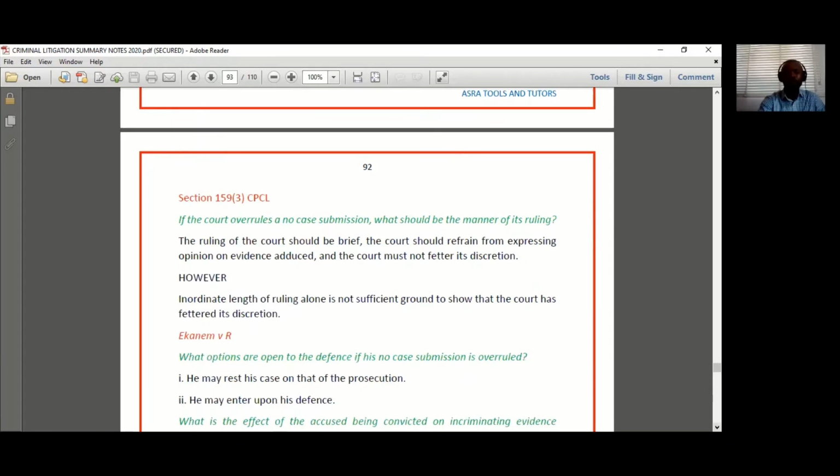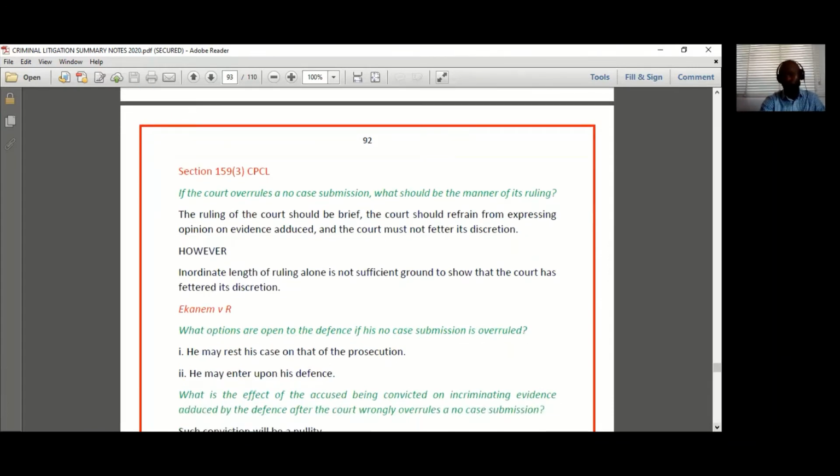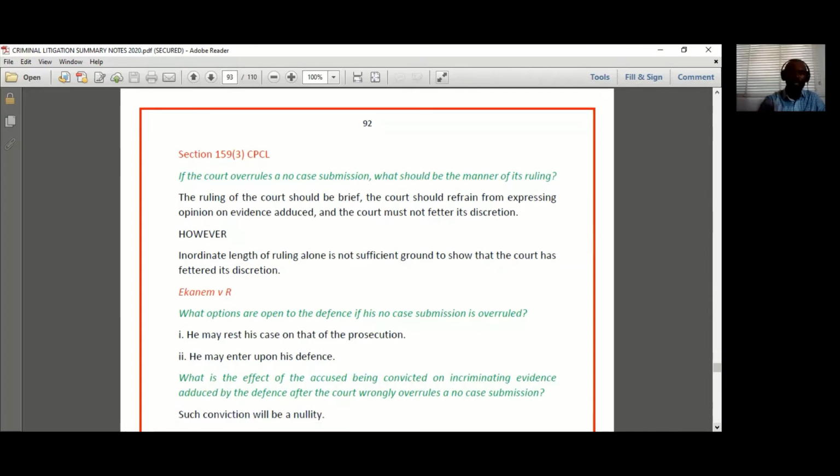Now, what happens where the court overrules the application? If the court overrules the no-case submission application, then the defendant, the accused person, would then need to proceed to make his defense. Now, when the court is making such a ruling, it is proper that the court should make it as brief as possible. All right, the court should not make a lengthy ruling and should especially not go into commenting on the evidence adduced by the